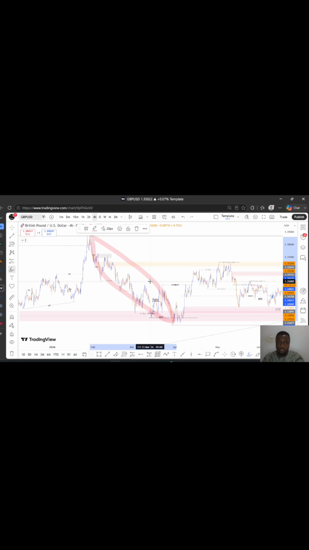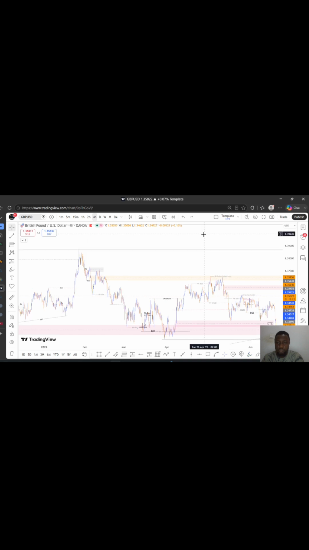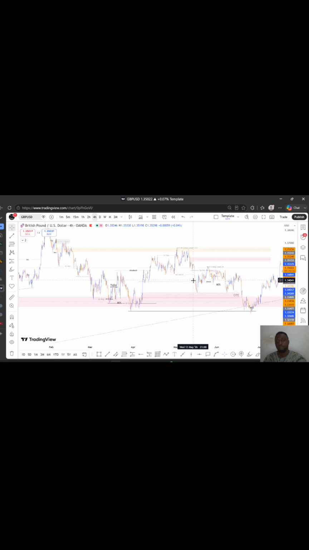So with that being said, we know that if this market breaks here, the market has changed character, and this change of character is supposed to take us to the target that we set at the daily time frame. But what happened? You could see that this market rallied all the way up like that and then came back again. So over here we have this beautiful